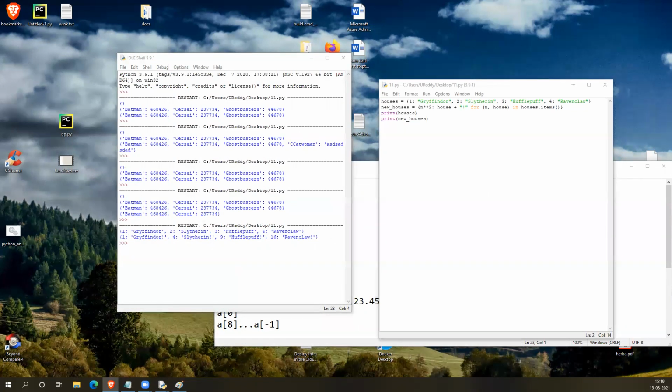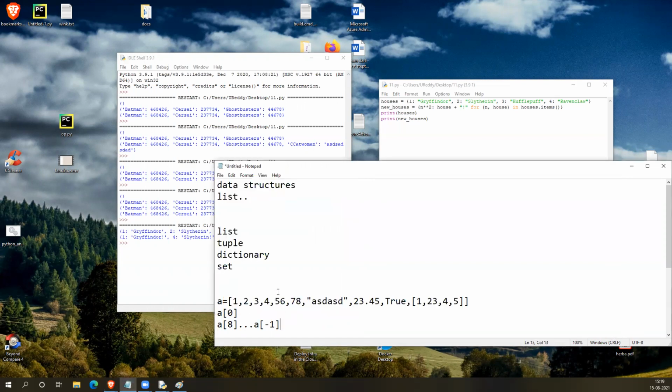Now let's discuss the last data type. This is set. And what is the difference between set and list?